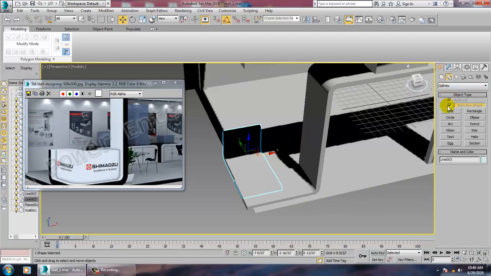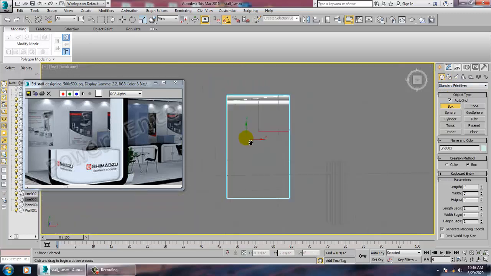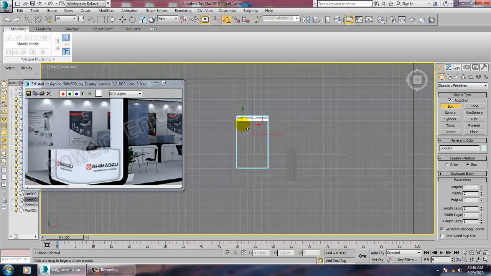Let's take a box from the top view. Let's take a box over here.